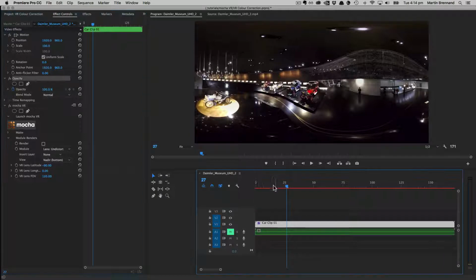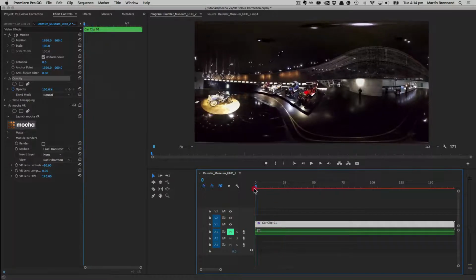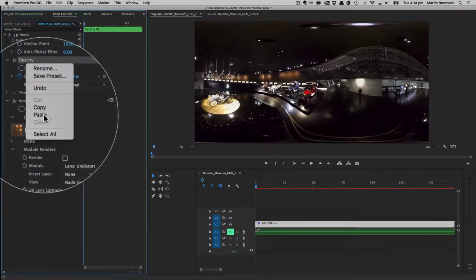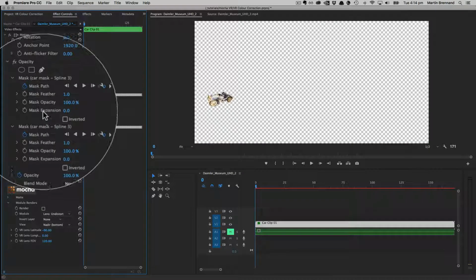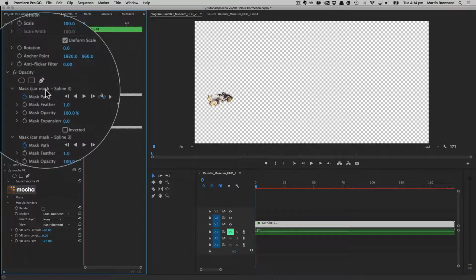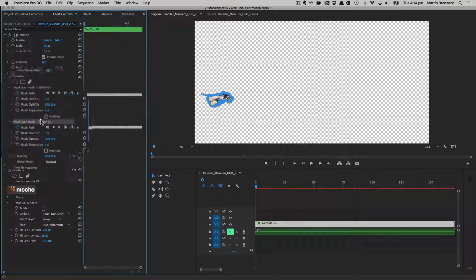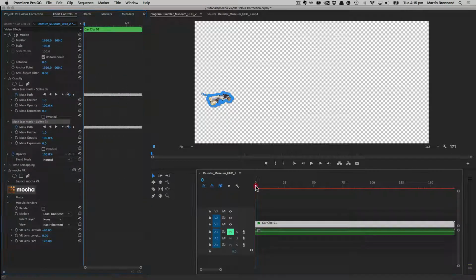So let's start by dealing with that car mask data we exported from the Mocha GUI. I'm going to select my car clip and drag my playhead back to the beginning of the timeline. In the opacity field, I'm going to right click and choose paste. What this has done is create two masks, a car mask here and a car mask here that you can't see yet. When I scrub through the timeline, you'll see that that mask is now covering our car,